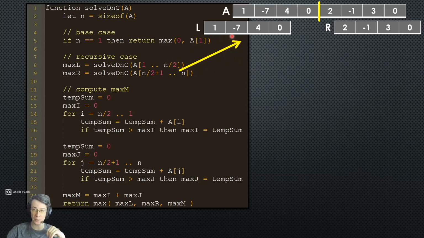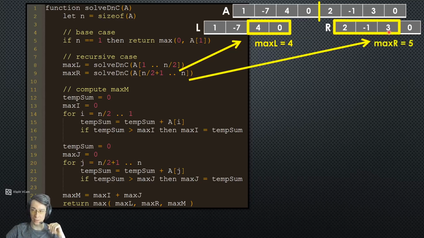So for our first recursive call, we find that the maximum subarray on the left is just 4. So max L is 4. The maximum subarray on the right is also 4. So max R, that's funny. Okay, I've made a mistake here. Sorry, this is supposed to be 4. I'll again fix that in the slides before I post. Then we compute max M,